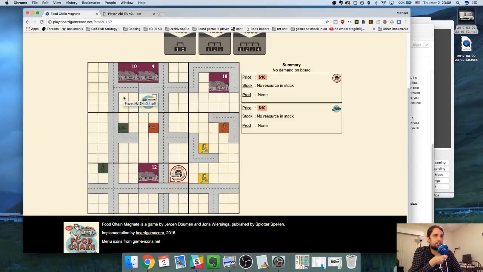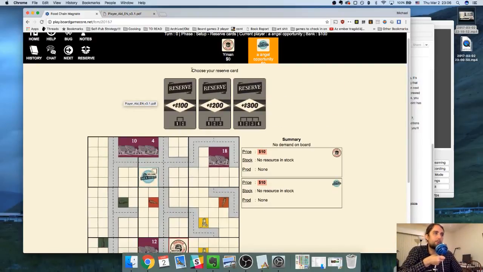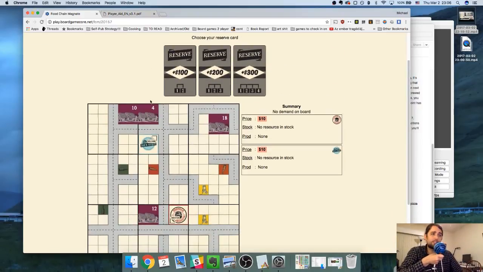Oh, it's my turn. Okay. So I'll just keep playing then. Now what we're doing is choosing a reserve card. This basically is like,